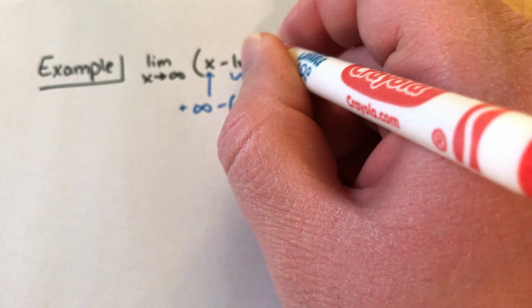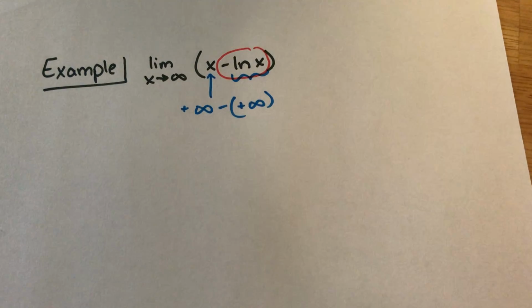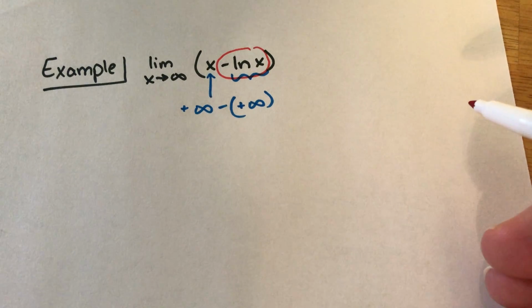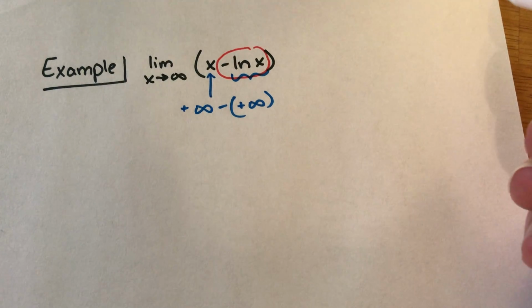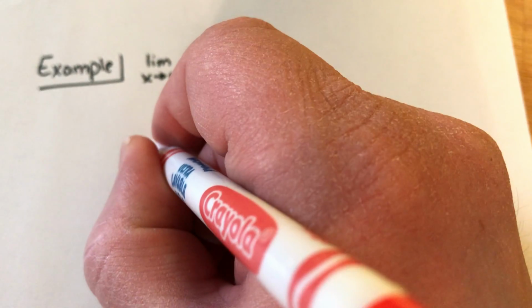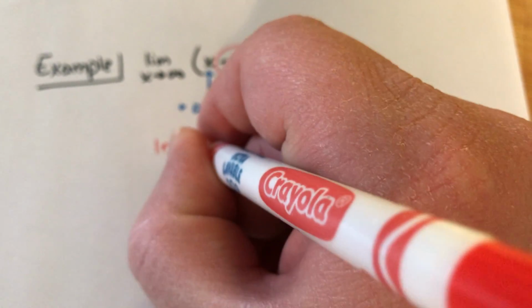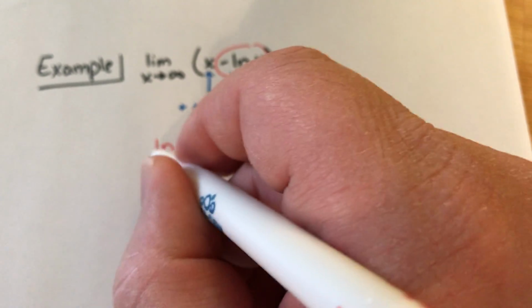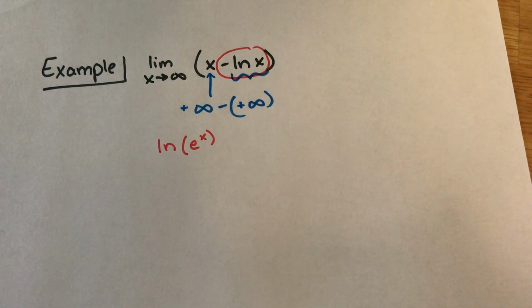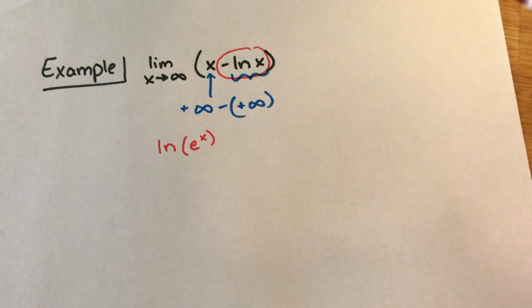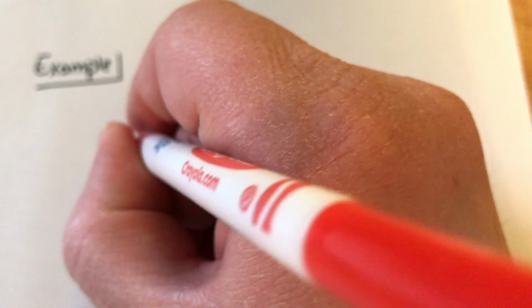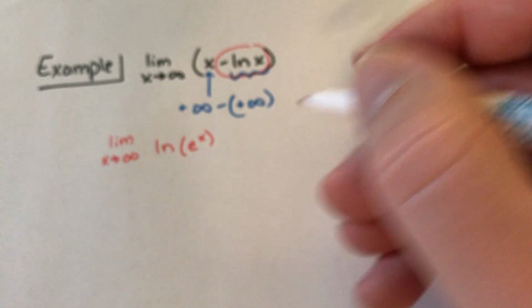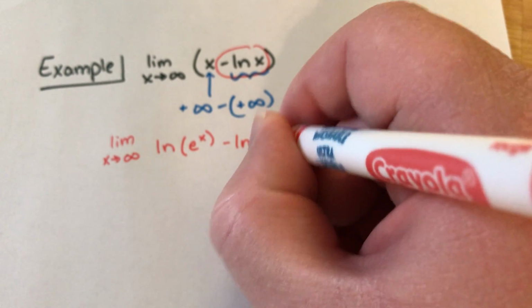So the trick to this particular problem is that I've got a subtraction of a natural logarithm. And so what I'm, in fact, going to do to make my life the easiest on this one is rewrite x as a natural logarithm. The way I'm going to do that is I'm going to rewrite it as the natural log of e to the x. So here's the thing. If you take the natural log of e to the exponent, they essentially cancel each other out. They're inverse operations of each other, and so you would just be left over with that x in the end anyways. But this is actually going to help me write it as a quotient,